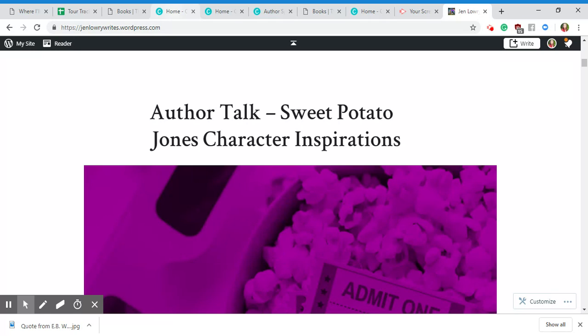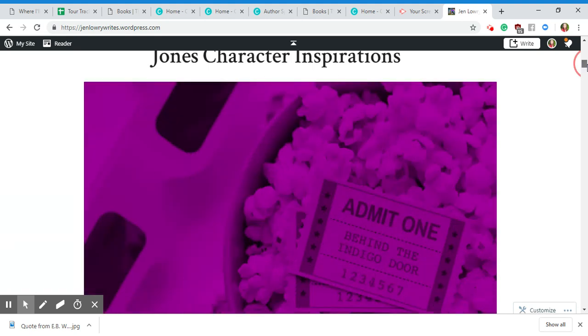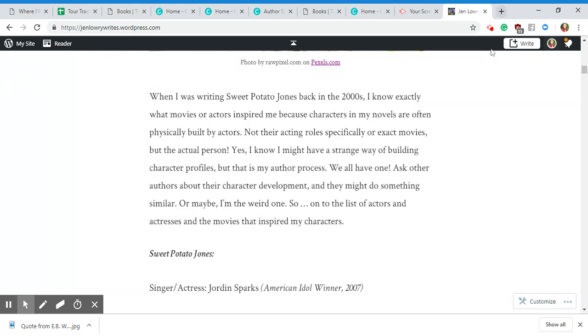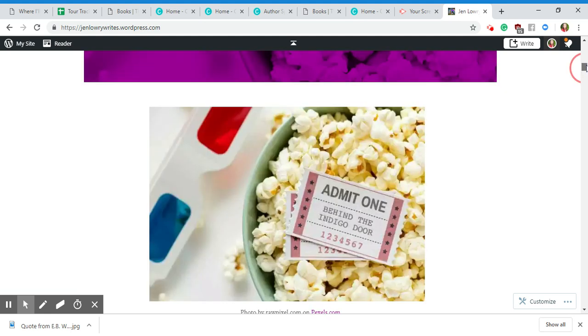I'm more of the type, okay, I come up with this idea. Oh, now let me go over there and talk about movies, because then I started thinking about movies and characters and people that had inspired the book. So I went in and just did this off the fly and just hit write, publish, feature image, tagging, go.